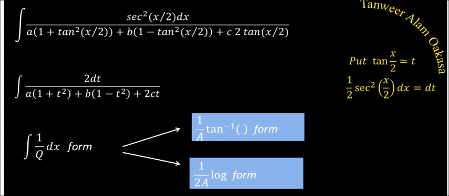So whenever I have in the denominator a cos x plus b sin x and another constant term, then the trick is to convert both cos of x and sin of x in tan of x by 2. This is the standard way. There might be other ways, but this is the so far proven simplest technique. So you have to remember this. You have to memorize this so that you can do things faster. So the standard methods you have to memorize.